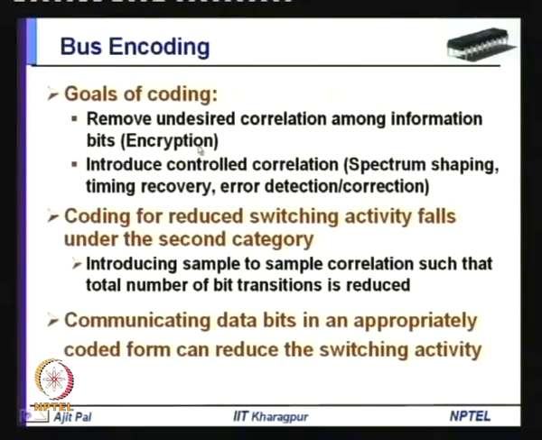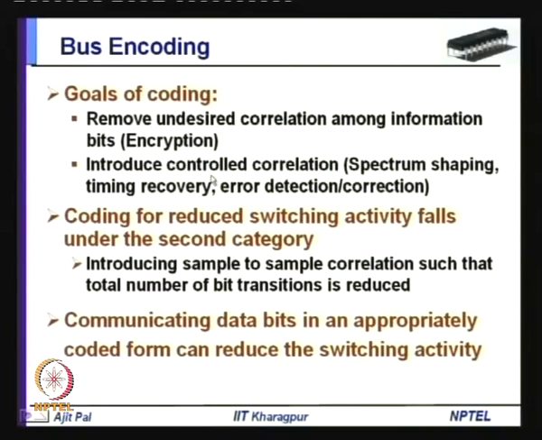In fact, this is used in encryption, because whenever you are sending encrypted data, those who are monitoring the bus or the communication medium should not be able to identify what is being sent. So, correlation among the data is removed, and by doing so you cannot identify that this can be a particular bit pattern, particular information. So, this is used in encryption, and another type of encoding is used where